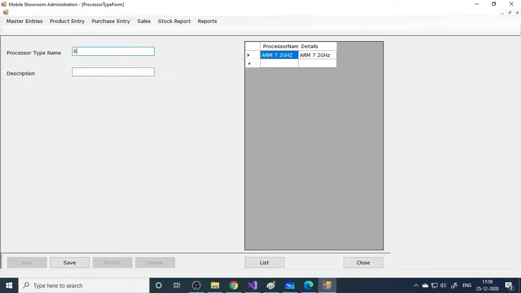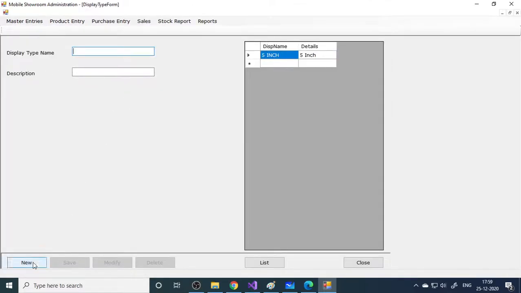Here is Snapdragon. For the description, this is Snapdragon only. In real time you need to write more about the brand, but here we'll take just Snapdragon. Next one is display type. What is the size of the display? Let's say 5.5 inch or 6 inch.